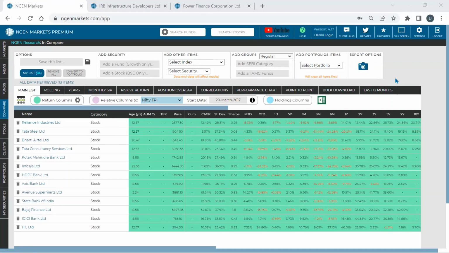Are there any questions? Yeah, is it possible to know the most owned stocks in different categories? Like, what is the most owned stock in small caps, large cap, mid cap, and so on?